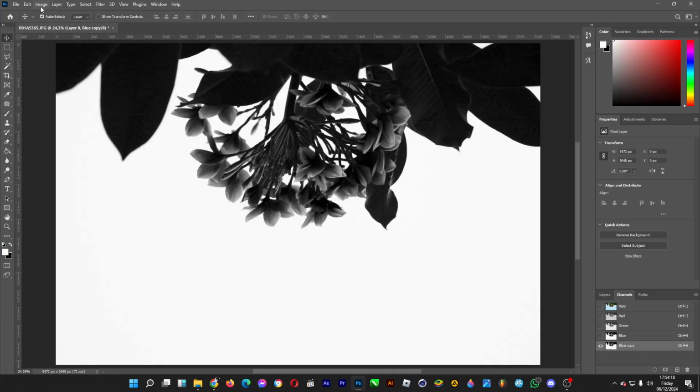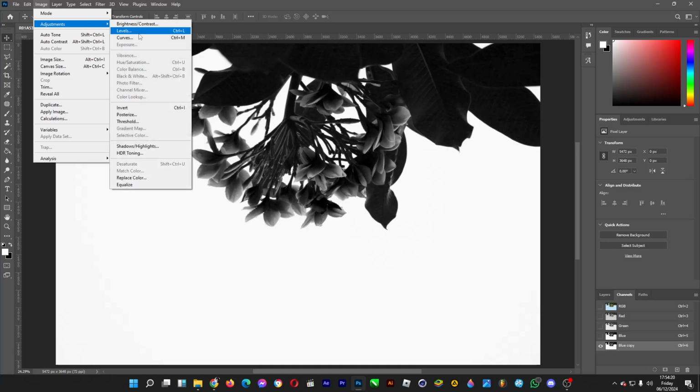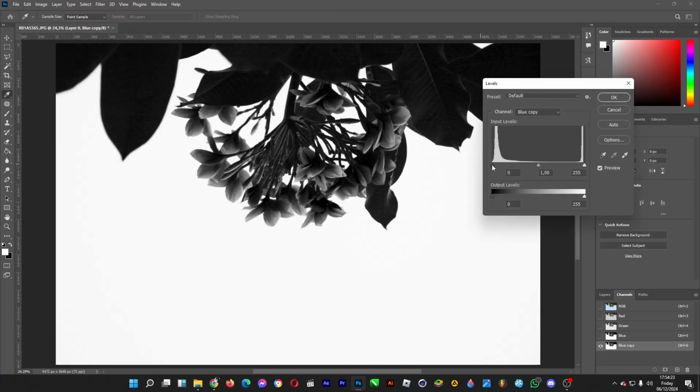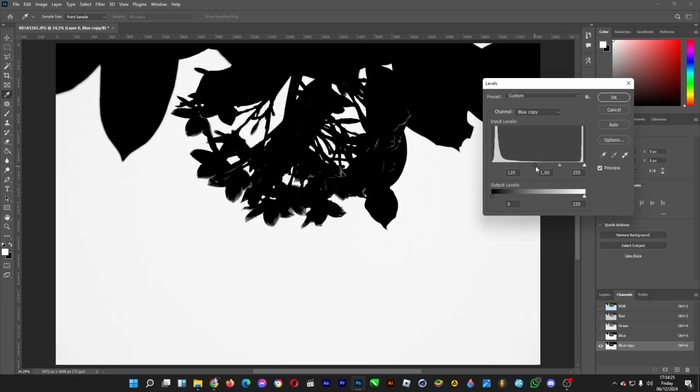Afterwards, you head over to image adjustments levels. We want to make sure that there is enough black area so that it cuts the white background, just like this. Alright, you can also do some tricks with the midpoints as well, so that we can only cut the white